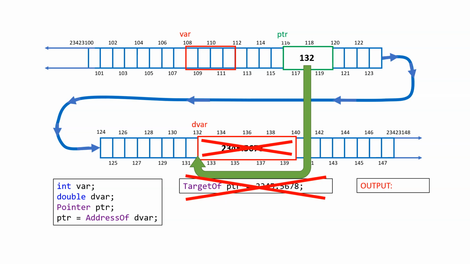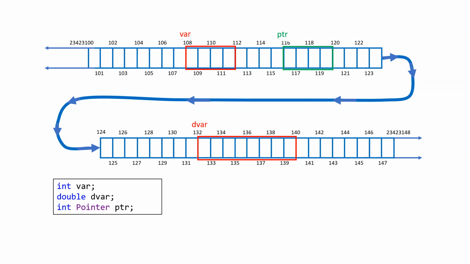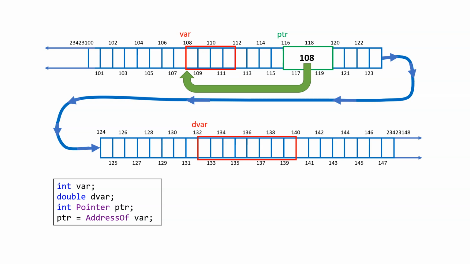So I cannot just create a pointer in here. I have to tell the compiler not only that it's a pointer, but also what it is going to point to. Therefore, our design should be like this: integer pointer PTR. Now, the compiler knows this PTR is an integer pointer. Its job is to only point to an integer. Therefore, when I do all these good things, I set it, it knows the address is an integer.